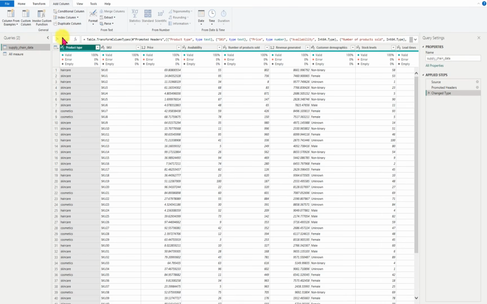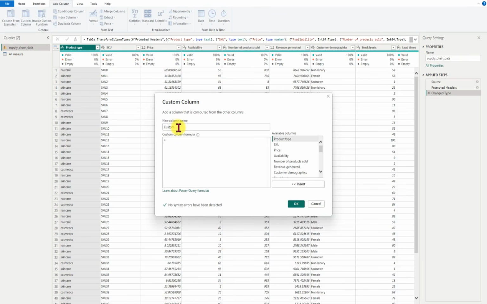I've talked about duplicate column. I've talked about index column. But today we are going to be using what we call custom column. I've also talked about conditional column, but in this case, we are talking about custom column. And then we wait for the custom column. Then the first thing we want to calculate is our